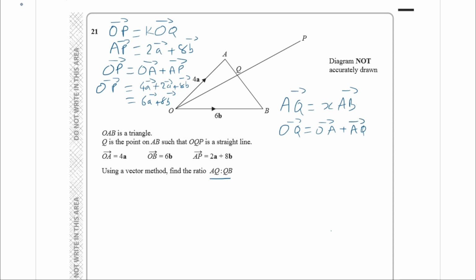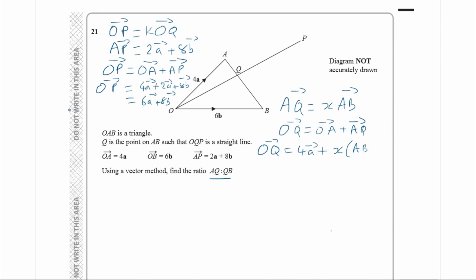Okay, so far so good. Again, we know OA, but we do not know AQ. It's important to stay methodical in a question like this, so we can say OQ is equal to OA, and OA we know to be 4A, so we can say that, plus AQ, and AQ is x times the